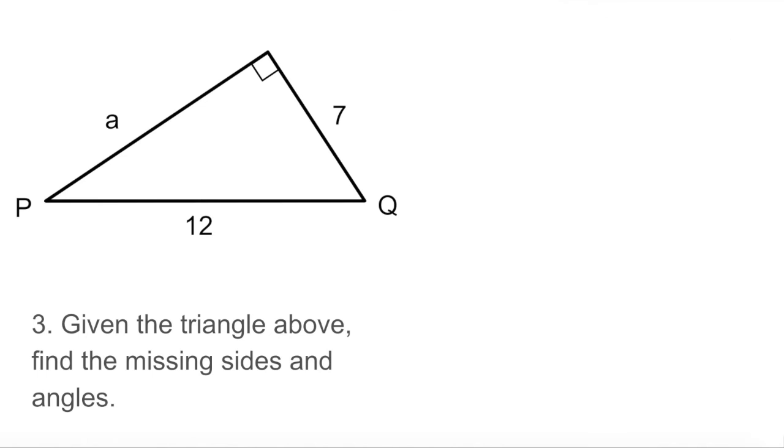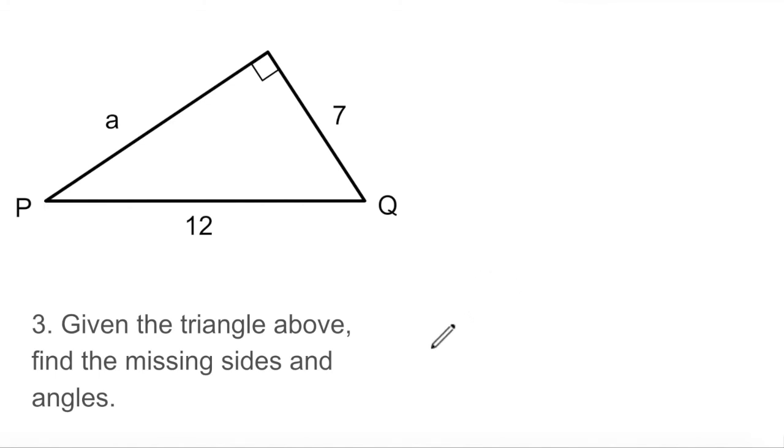Let's take a look at one more practice problem using the sine function. Given the triangle above, find the missing sides and angles. Well, let's see. What do we have here? Uh-oh. We don't have either angle P or angle Q. We only have one angle, and that's this one, which we know is 90 degrees. So we know it's a 90-degree angle. Well, let's see. We know what the opposite of angle P is, and we know what the hypotenuse is, so